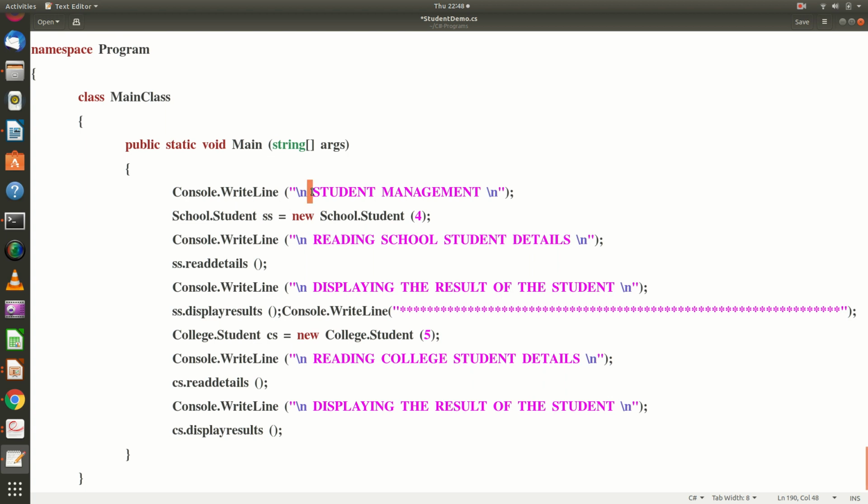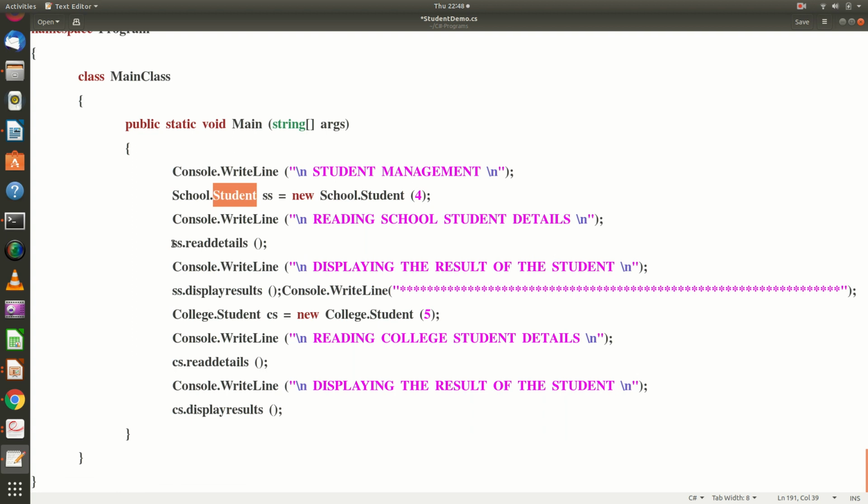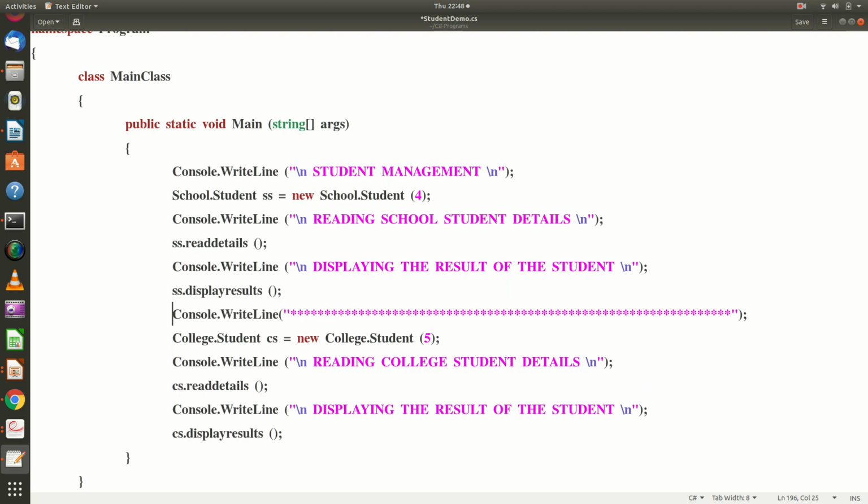Then you just call it a student management and you create a new school student object, and observe here school is the namespace, student is the class name. Create the object, then using the object invoke the read details method. Then you can go for displaying the result of the student.